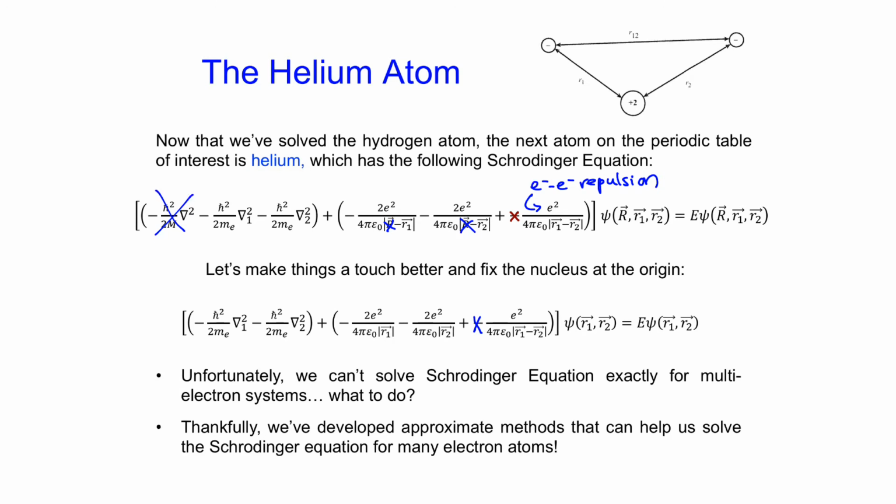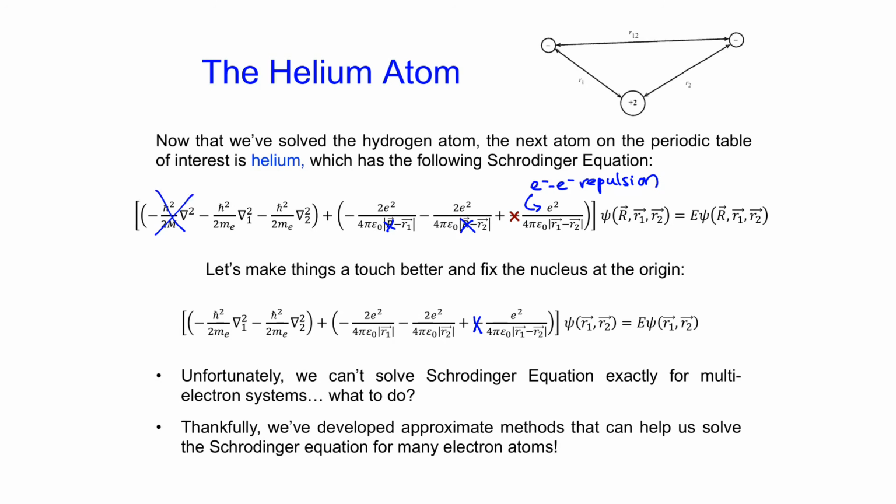So the problem we have here is that we can't solve the Schrodinger equation exactly for multi-electron systems. We've already mentioned this previously in the semester. Basically, we can only solve the Schrodinger equation for one-electron systems, right? So hydrogen, helium plus, lithium 2 plus. Why is that? Well, now that we have this equation in front of us, we can see that